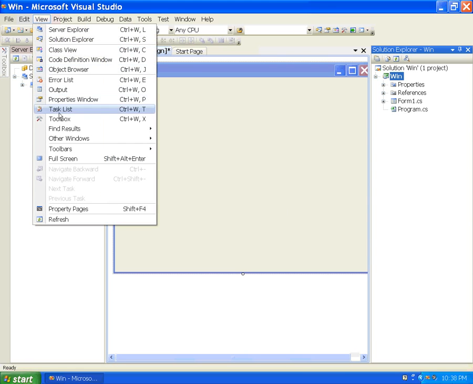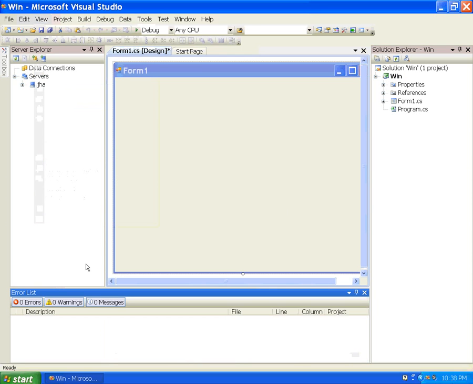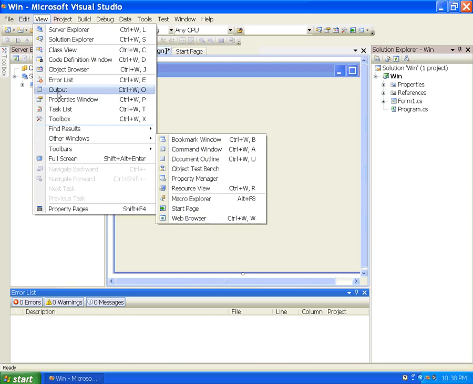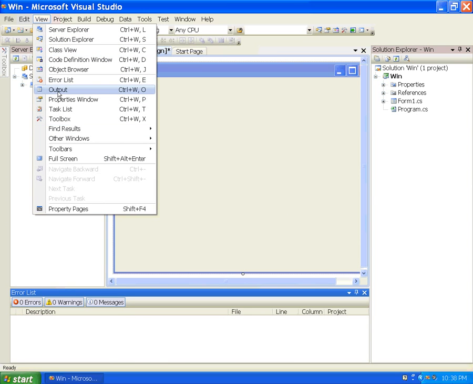Next important part is the Error List. Here is the Error List. If there is any error in the program, we can see it here. This is the Output window.